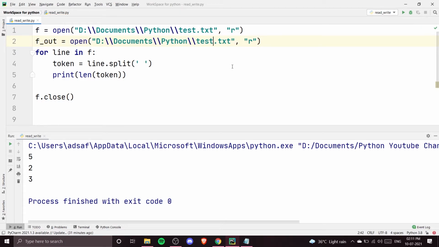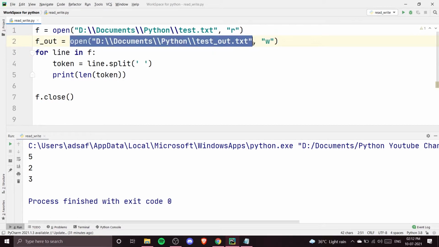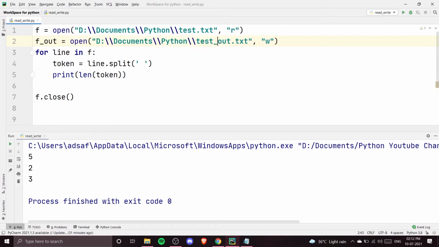and I'm just going to change the name of the output file as well. So .out, and we are going to change the mode here. We are in the write mode, so we are going to use W. So this has created another output file. f_out is the output file, and it is going to be made in the same directory as the test.txt file. We just need to change test.txt to test_out. So this will be the name of our output file,